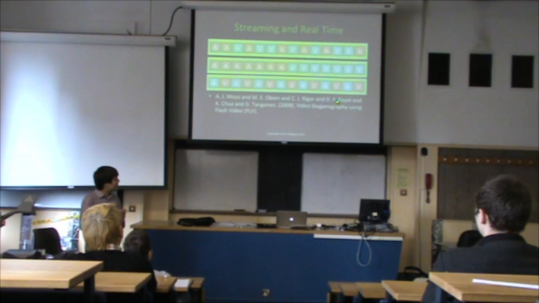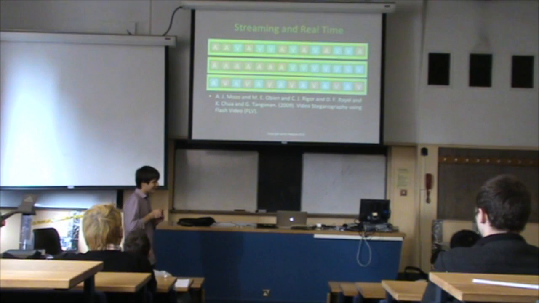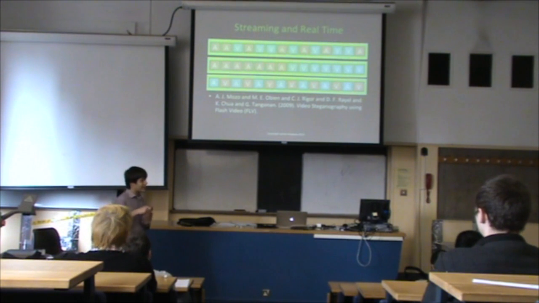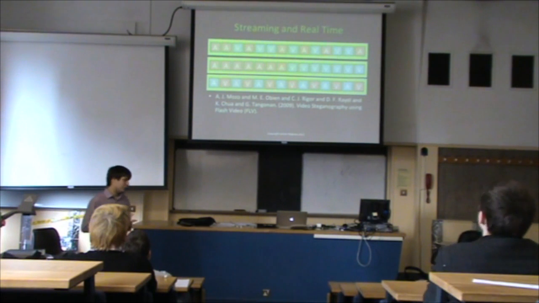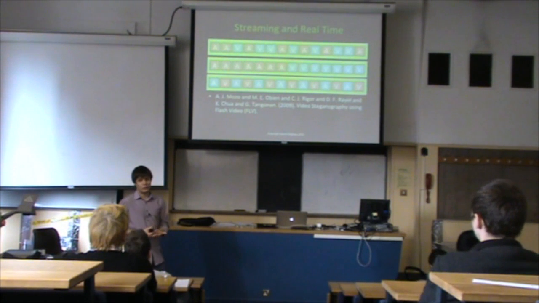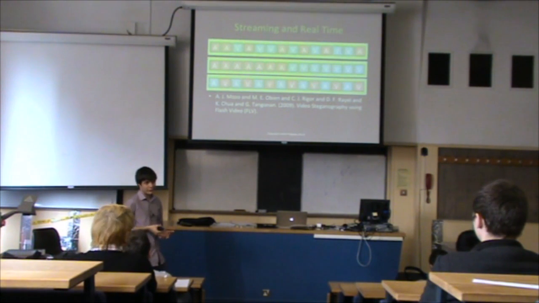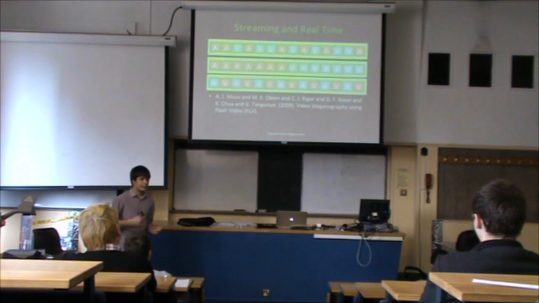And in this paper, these people talk about hiding information in FLV. Now, FLV did used to be quite popularly used, and probably still is to an extent, for displaying video online. A lot of places like YouTube and iPlayer have switched to what you'll see in a minute, which is H.264. It allows you to do things like HD quality video. The compression on it is quite good. So you don't see FLV quite so often, but one thing that they did discover in their work was that